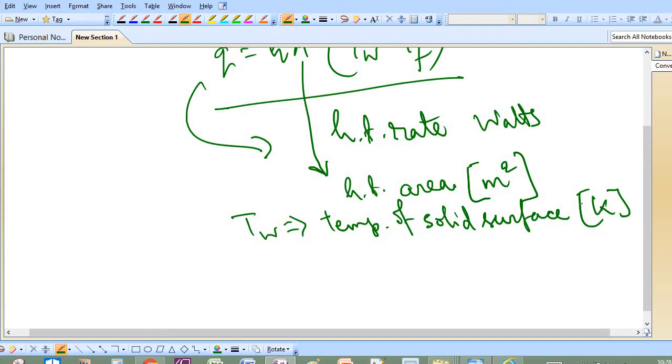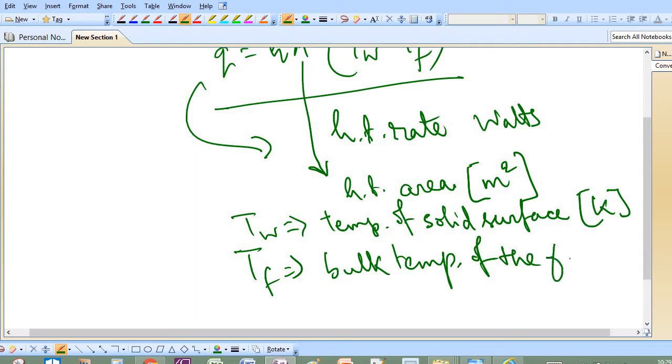solid object body. In conductive heat transfer, by the vibrational energy, the heat energy is transferred from one atom in the material to another atom. So there is diffusion of heat in conduction. Heat is transferred from one molecule or one electron to another by higher excited energy state, but in convective motion the heat is transferred by the bulk flow. So TF is our average or bulk temperature of the fluid.